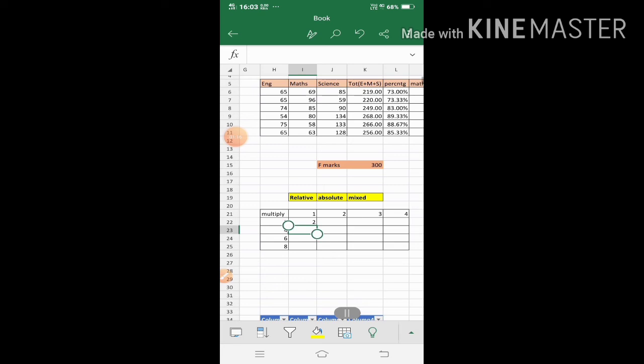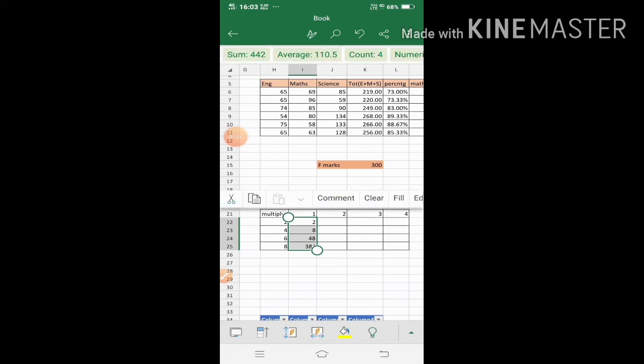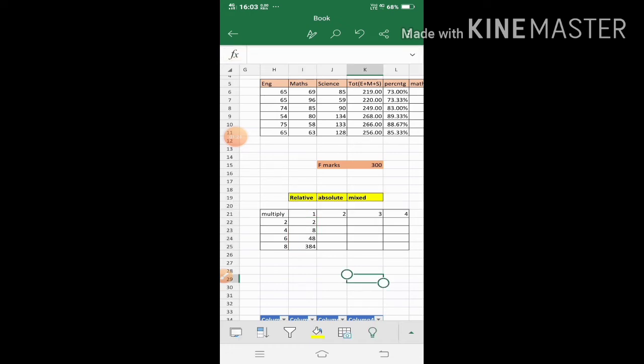This is the result, but see here, it has given an undefined result. 2 into 1 is correct, but 4 into 1 has given 8, and 6 into 1 has given 48.